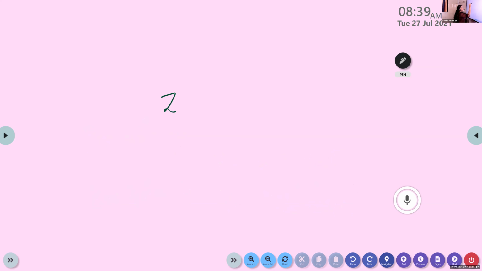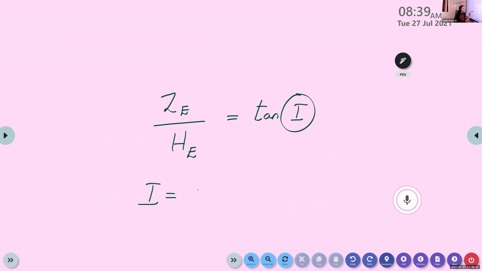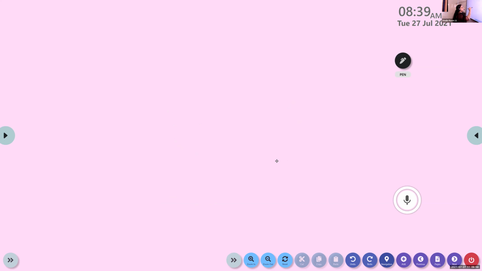For that, we consider the ratio between vertical component and horizontal component. Z divided by HE is equal to tan I. So our question is, at which dip angle do the vertical component and horizontal component of the magnetic field become equal? We are only bothered about the angle I. At angle I equal to 45 degree, that is, if the angle of inclination, not declination, is equal to 45 degree, then both the vertical and horizontal components are the same. So that's all about earth magnetism.